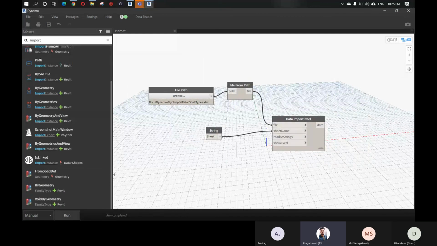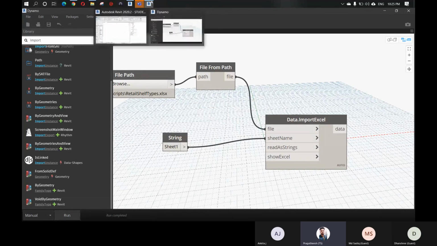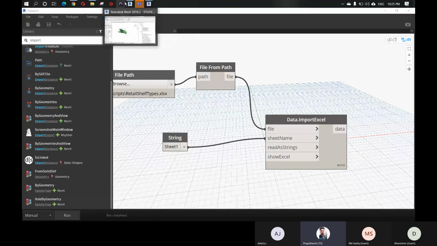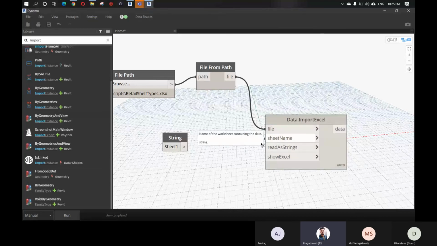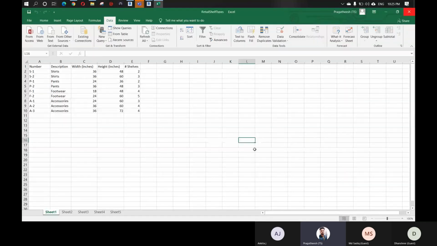Now this is in manual mode, and when I click run it should have opened, but it wasn't. I'm not sure why. But in automatic mode it's coming. Okay, fine, no issues. Once you connect this, the Dynamo script automatically opens your Excel sheet.